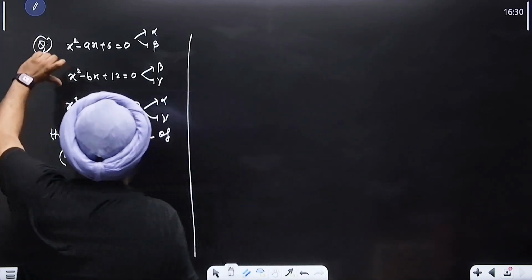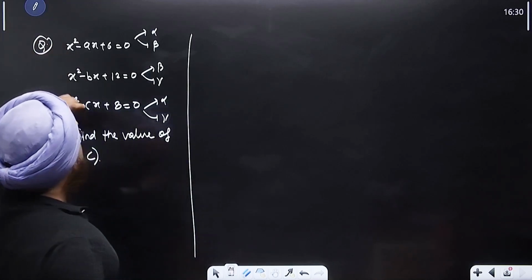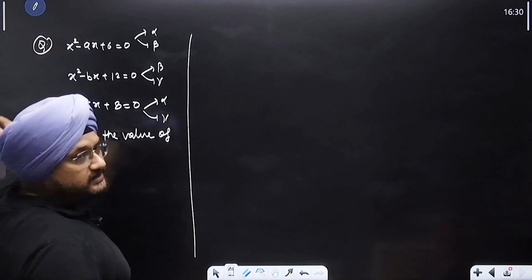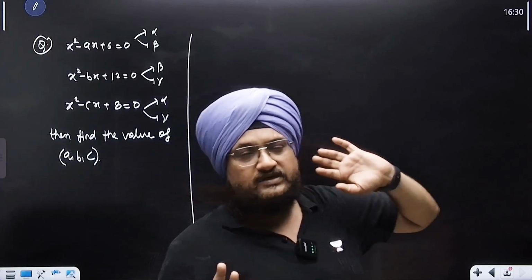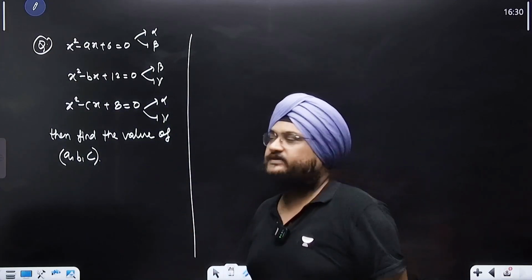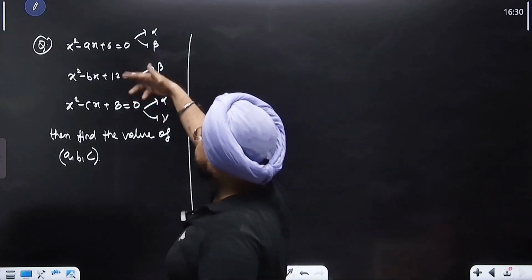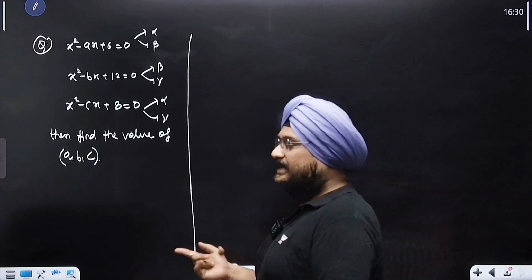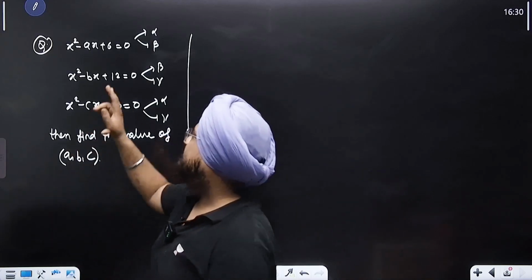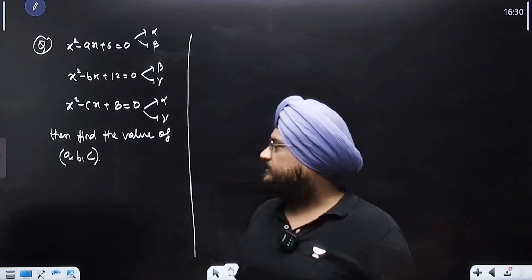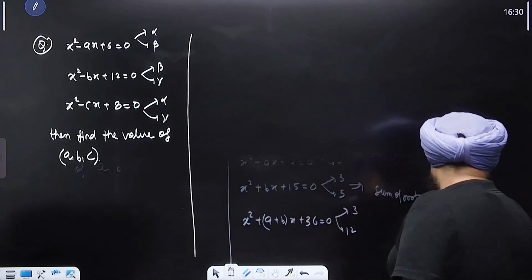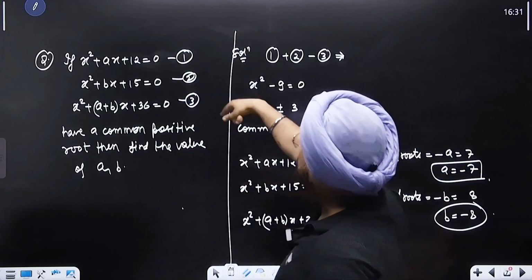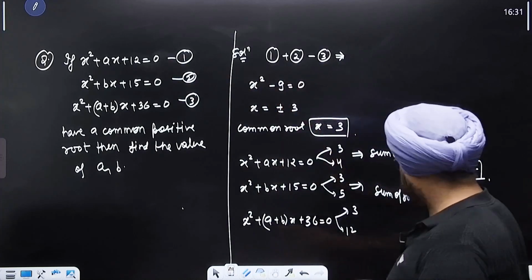So we cannot simultaneously solve all the equations, as there is not a value of x which satisfies all three equations. We can simultaneously solve the first two, the second two, and the first and third, but not all three together. Rather, in the previous problem there was a common positive root, so we had to solve those three equations simultaneously.